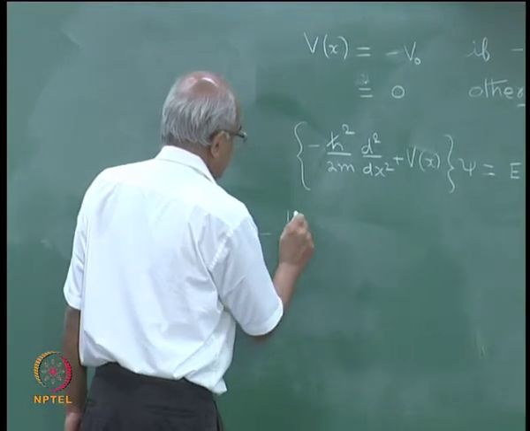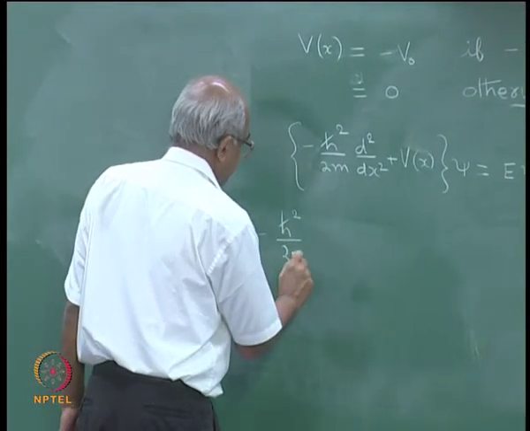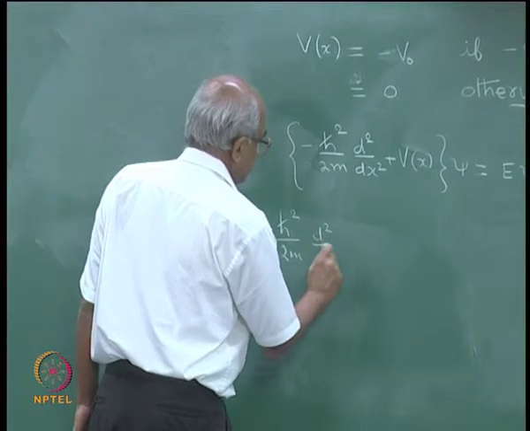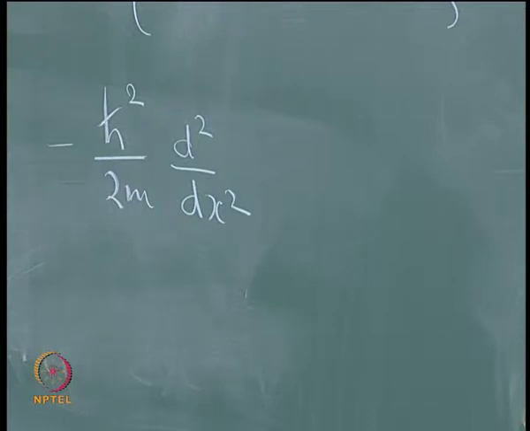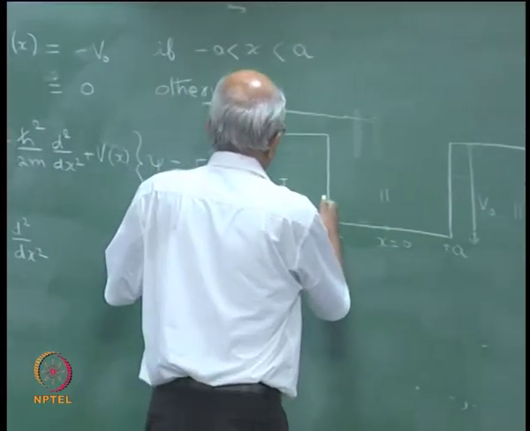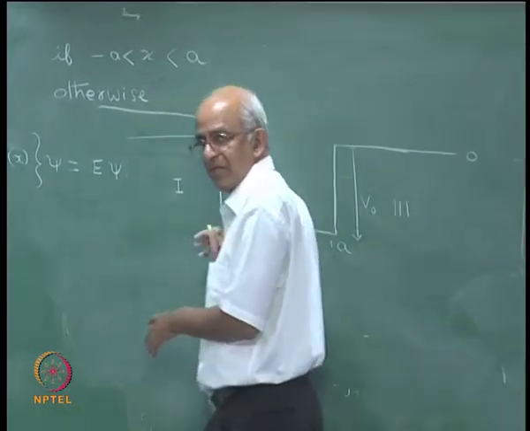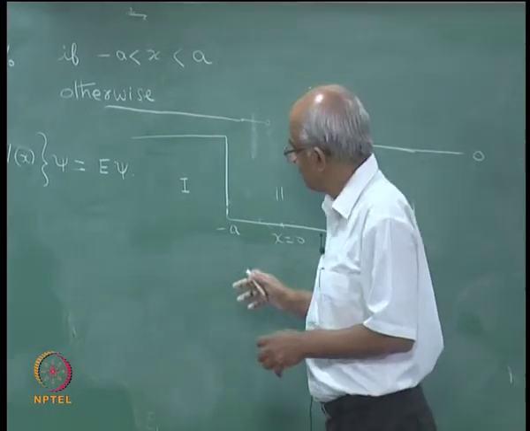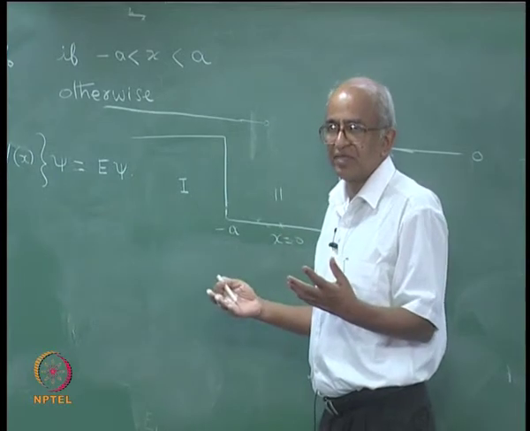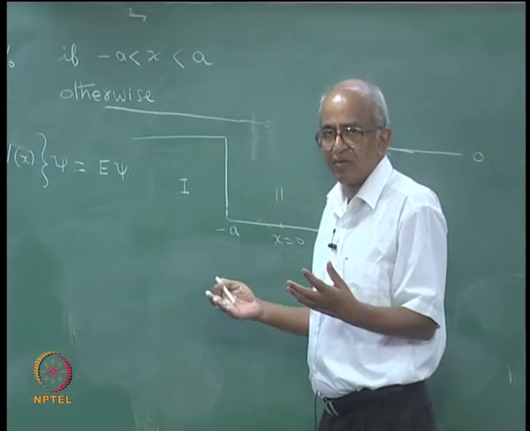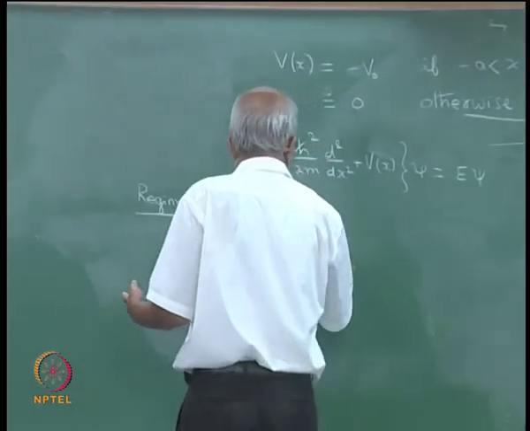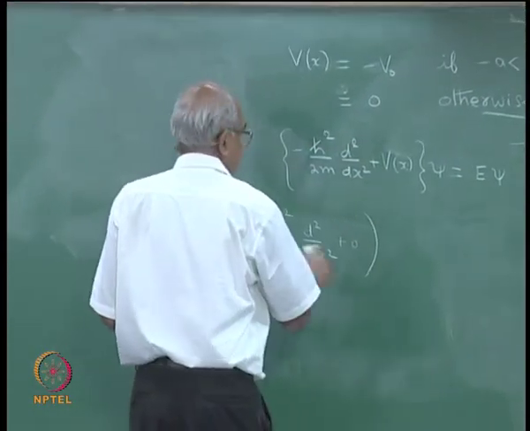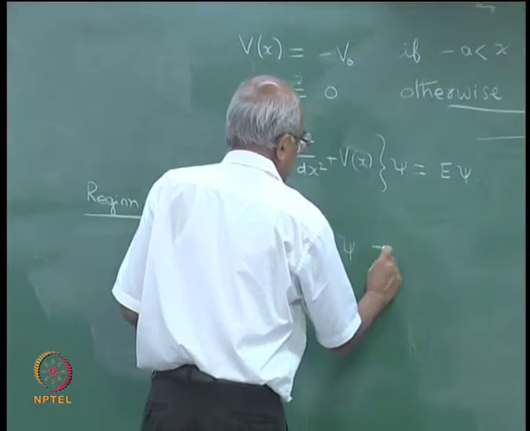I will have minus h cross square by 2m d square by dx square. Region 1 is the region where the value of x is less than minus a, and in that region, what is the potential energy of the system? It is 0. So this plus 0 operating upon psi of x is equal to